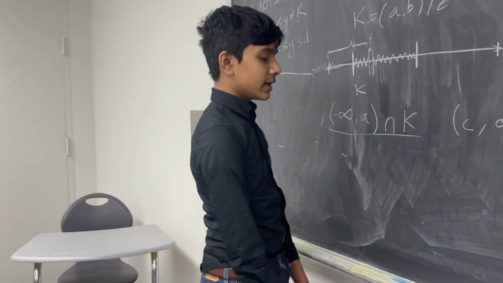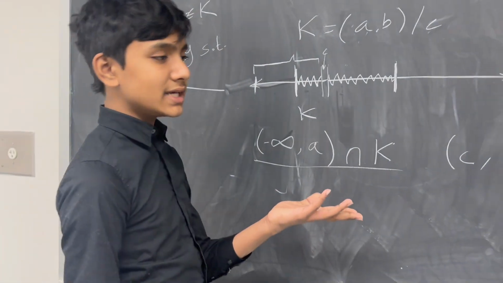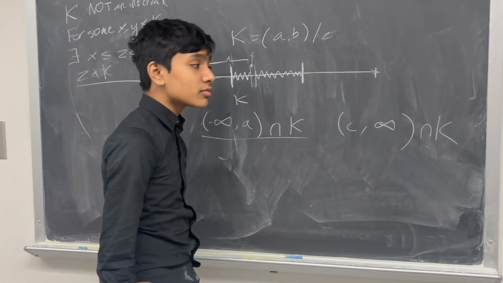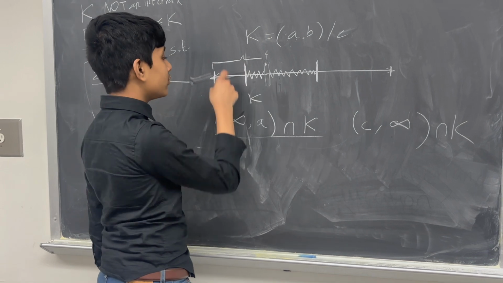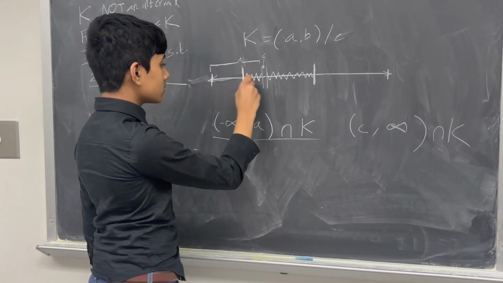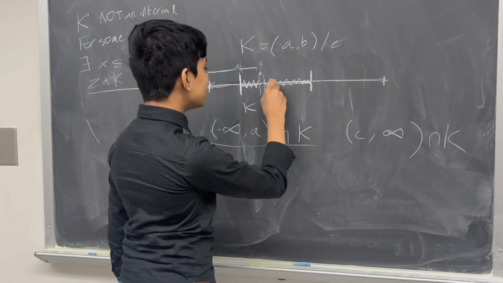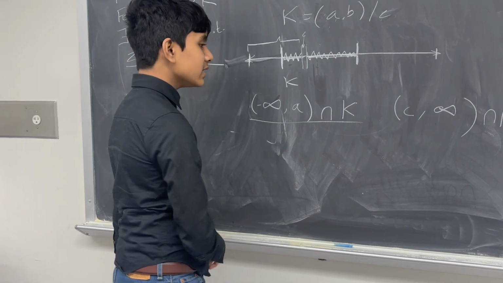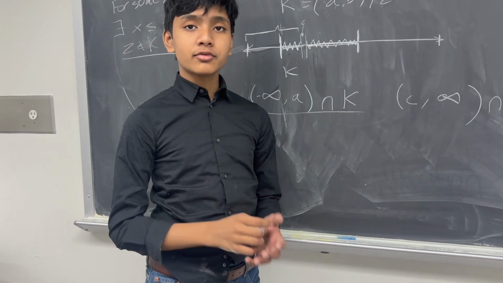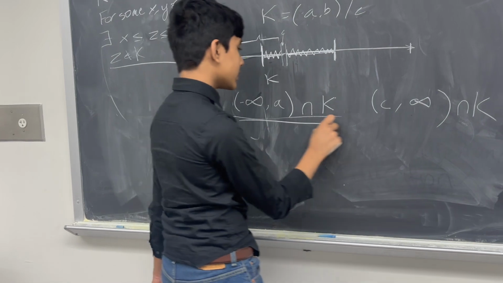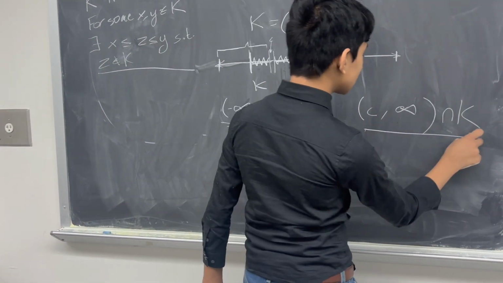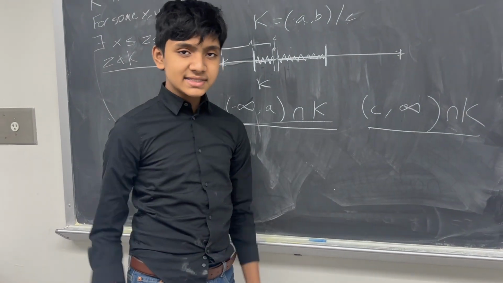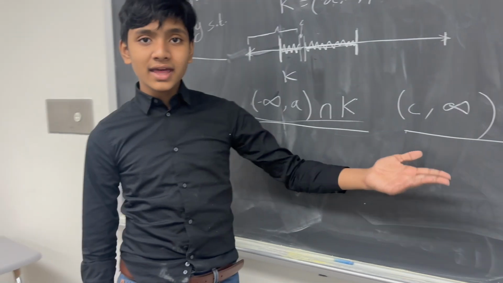Now, of course, the intersection of an open set and another open set, which is why we had to make sure this was open, is an open set. Same thing here, which means that now we have two open sets that cover the entirety of K without each individual one covering the whole thing. This doesn't cover the entirety of K, and this doesn't cover the entirety of K, and their intersection is the empty set, but together they cover the whole thing.